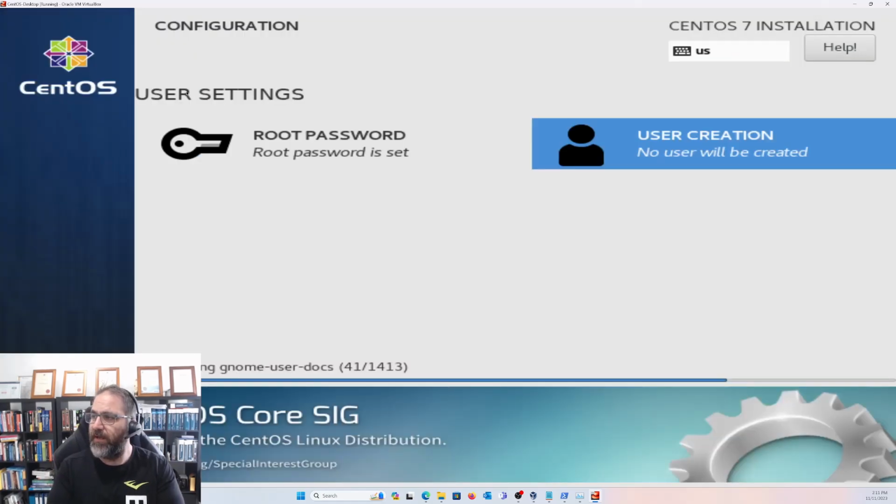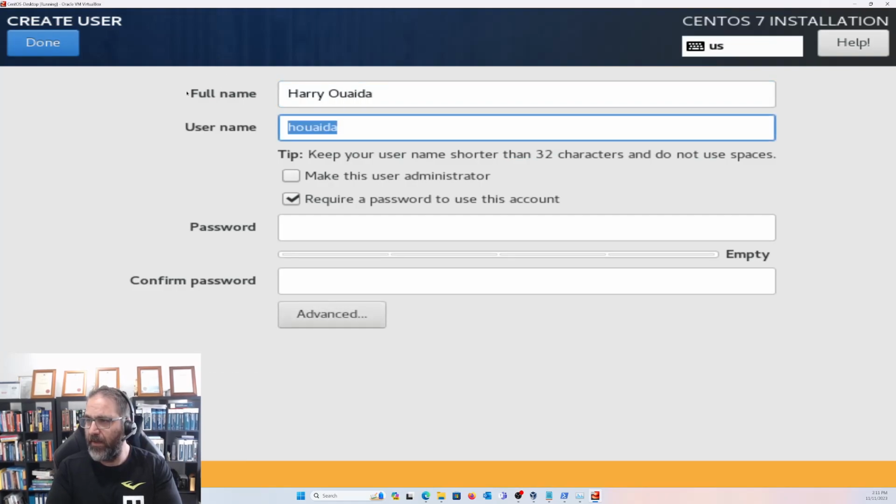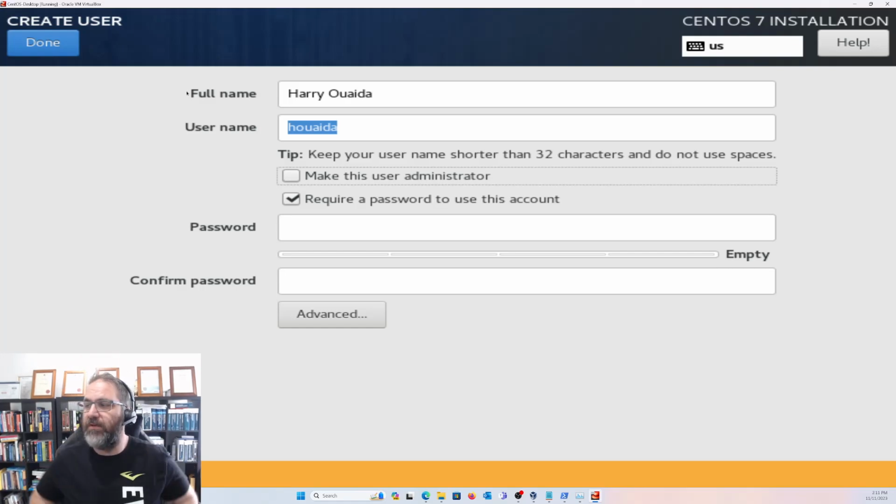So then we're going to create a user. I'm going to call it Harry. That's my username. I'm not going to make it as administrator. The reason why we have a root user account and a normal user like H08, which is me,